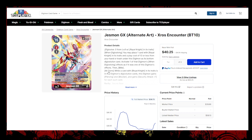and then it copies the when Digivolving effect. A big thing about BT13 so far is all the Royal Knights revealed all have when playing and when Digivolving effects. So it will always be able to go over any of those cards and copy an effect, whether you have one in your hand or your trash. So it is something to keep in mind. You cannot play this card in the Yggdrasil deck because you cannot Digivolve on top, but it is something to